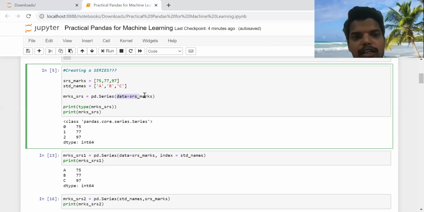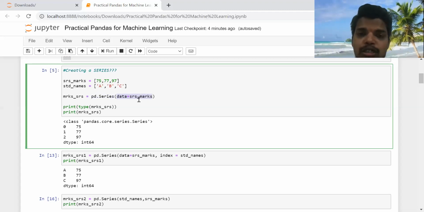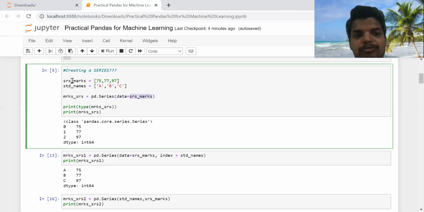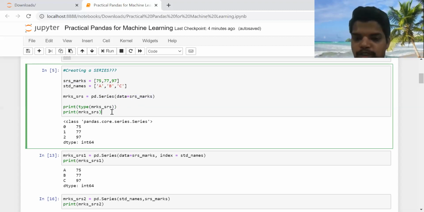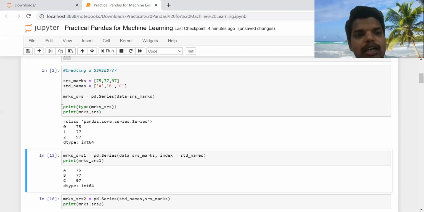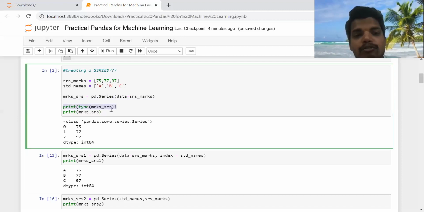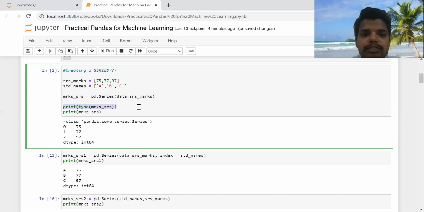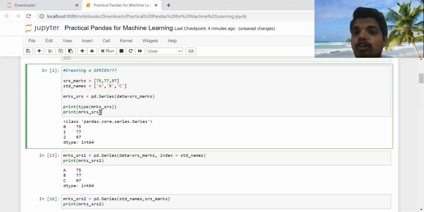You have to write data equal to the variable you are trying to create a Series from. Here data is just an attribute, and you are passing the marks list into our data attribute. Now I'm just doing a shift enter. First I'm typing the type of the marks series, and it is showing us pandas.core.series.Series. Then we are also printing the marks series, to see how it looks in Series format.